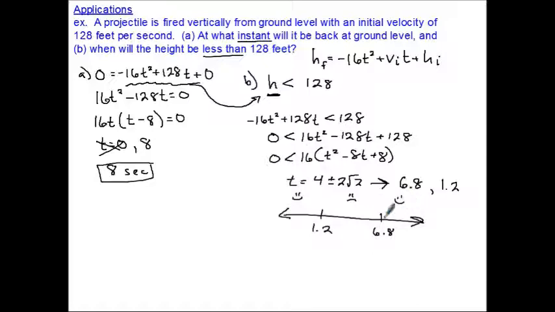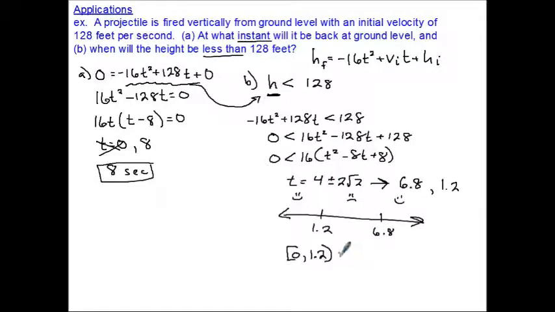Alright, so when will the height be less than 128 feet? Okay, alright, well, it's less than 128 feet from the time it takes off until it gets to 1.2. So from 0 to 1.2, notice my implied takeoff and landing times come into play here. Okay, again, I'm going to use a bracket or a parenthesis because it did say less than specifically, and we're not doing the or equal to